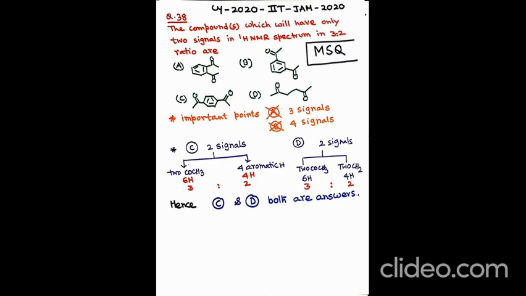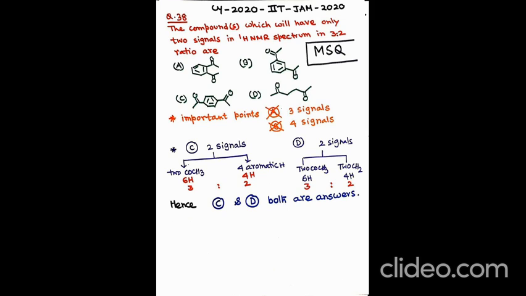Let us proceed forward. Question number 38 of 2020, which came in IIT JAM. Let us see the compounds which will have only 2 signals in the 1H NMR spectrum in a 3:2 ratio. This question came under MSQ, so we should be careful that out of the 4 given options A, B, C, D, we may have more than one answer. Now if we see A, B, C, D, out of them, A and B